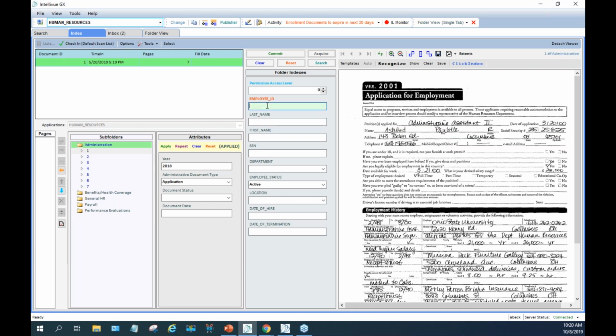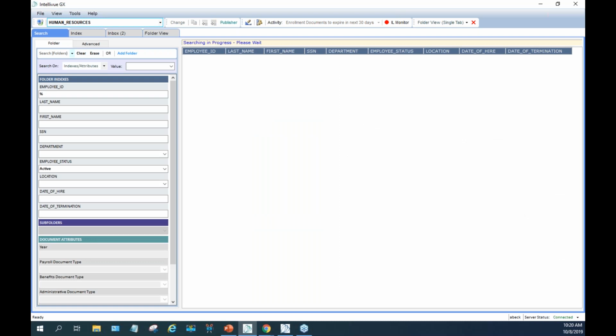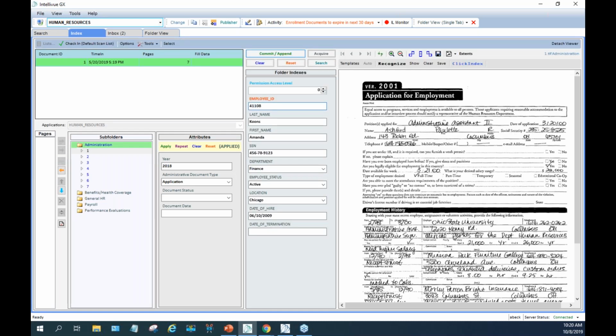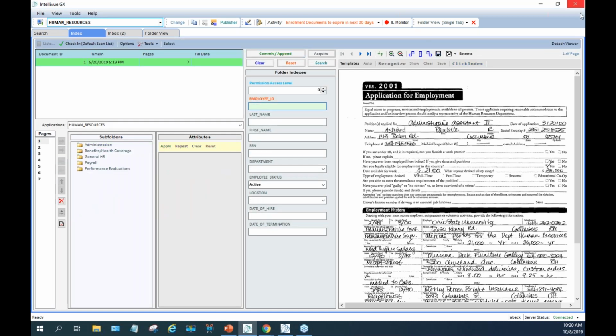And then you can run a search for the folder or create the information for the new folder you need to apply it to. And then just hit your commit,